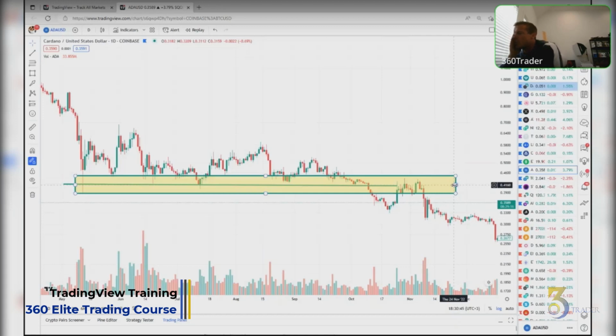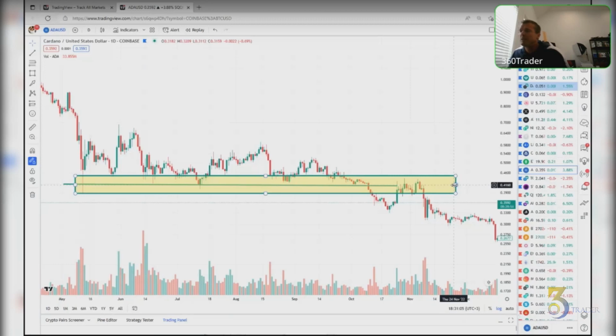And they say, when you draw resistance or support, you only connect candle bodies and you ignore the wicks. I mean, ignore the wicks at your own peril, fool. It is valuable information.